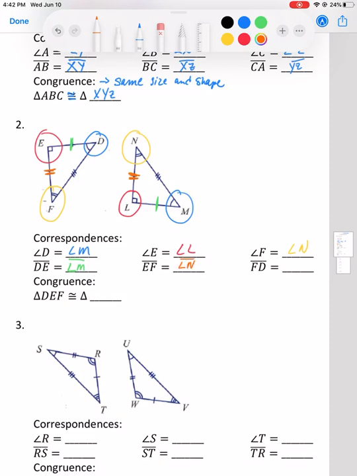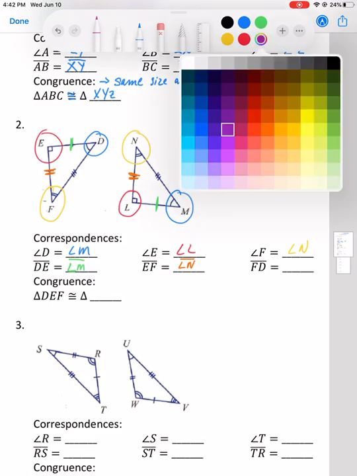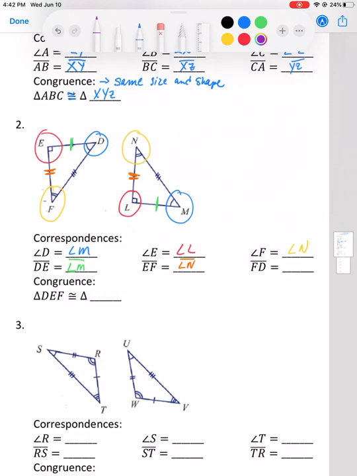Segment LN. Okay, it doesn't matter the order on the segments or on the triangles. And then the last one is a side that has 3 marks on it, FD. Okay, which side has 3 marks on it on this one? MN. Segment MN. Good. When we're writing our triangle congruent statement, we say that triangle DEF is congruent to